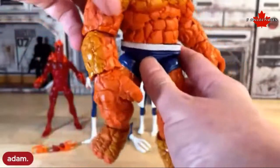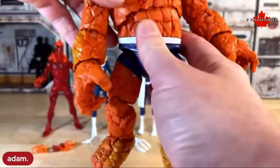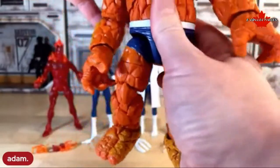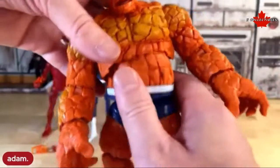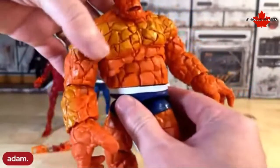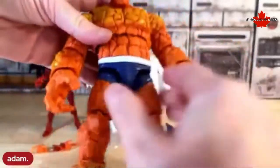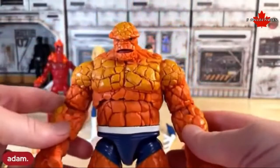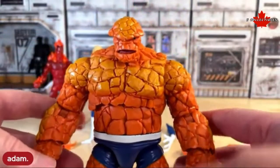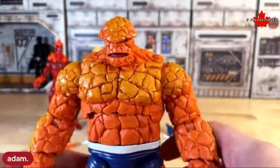But that being said, you can kind of get away with that because you've got a little bit of a swivel here, so you can get away with using the swivel there instead. But something to note. I mean, look, let's be honest. If you guys don't have these figures, you're probably not getting them anyway. You're probably not watching this to determine whether or not you're going to get these figures. They came out like a year ago, so